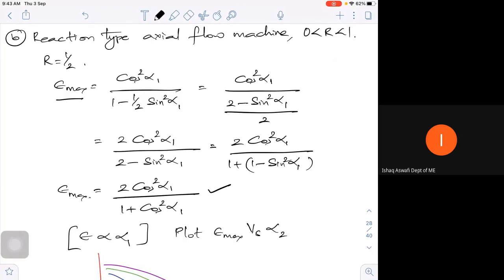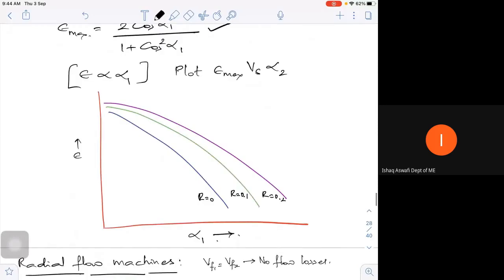So for any value other than 0 to 1, I can substitute. That may be one of the numericals. Take the expression, the regular expression for maximum, put r is equal to 0.6. You may end up with, for a given alpha, you'll be able to get the epsilon max. What I want is, for different values of r, you can do this exercise and cross check.